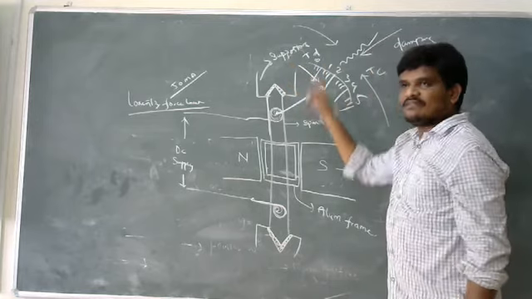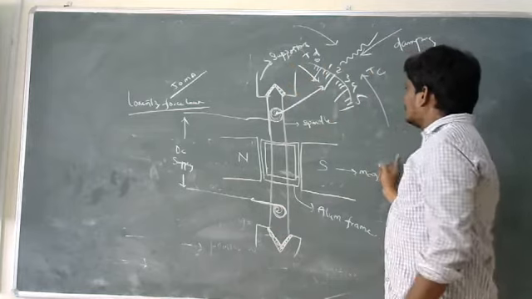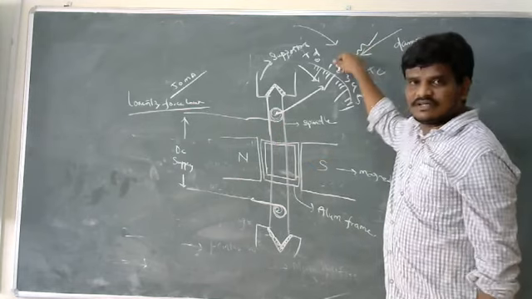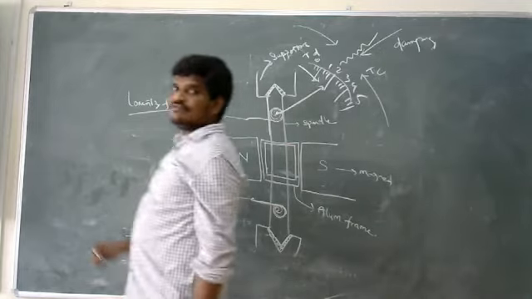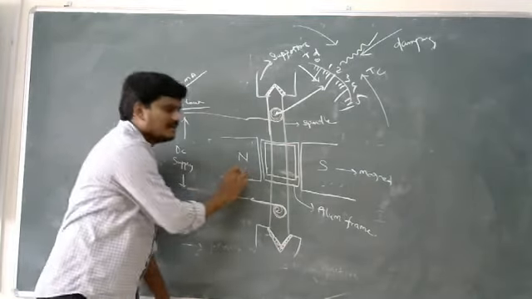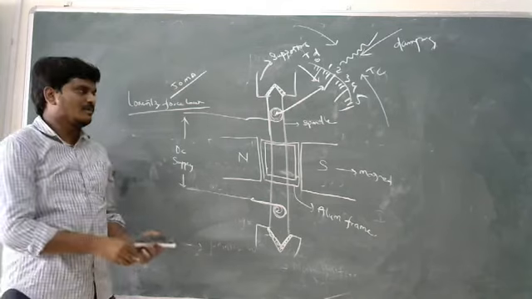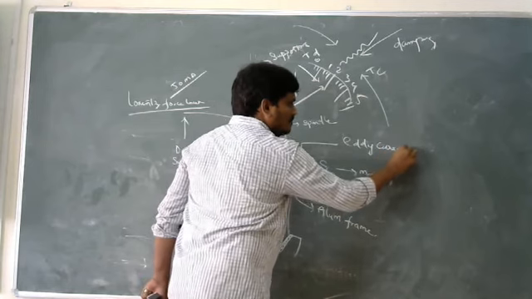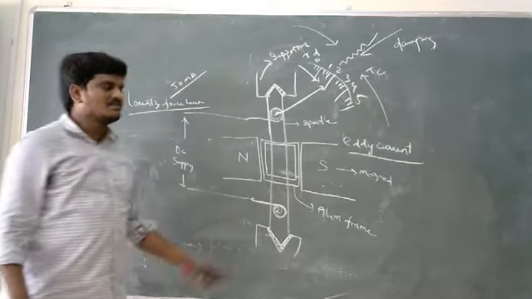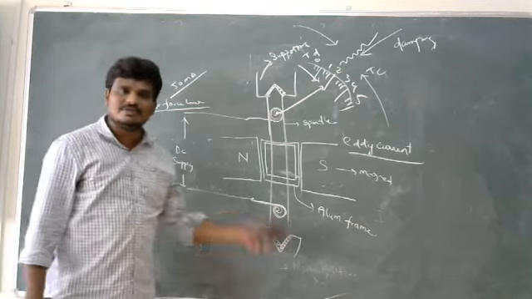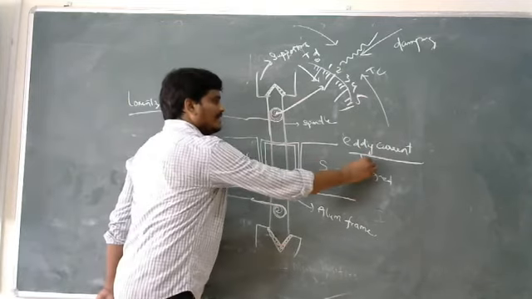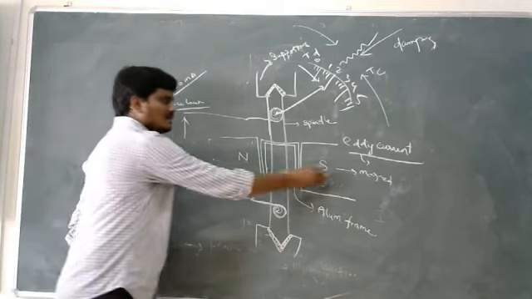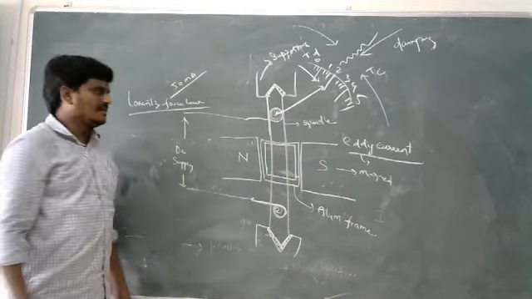Deflection force is provided with the help of the Lorentz force law. Controlling force is produced with the help of springs, and damping force is applied in order to reduce the oscillations. Here the damping force is produced with the help of a magnet. The damping provided here is eddy current damping. The reason I am using only eddy current damping is that I am using a permanent magnet, so eddy current damping should be used, and this is a strong type of damping technique which can reduce the oscillations permanently in a pointer.